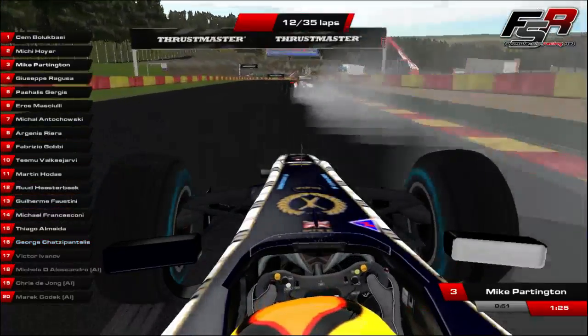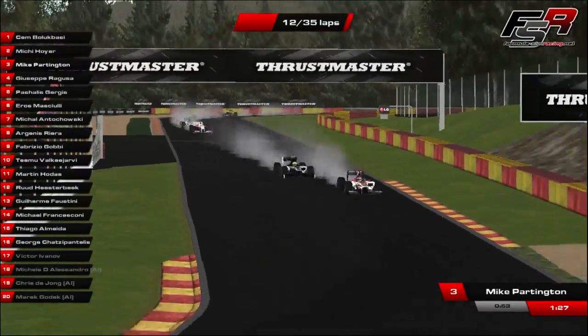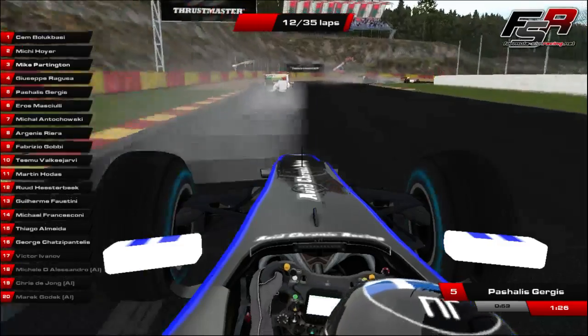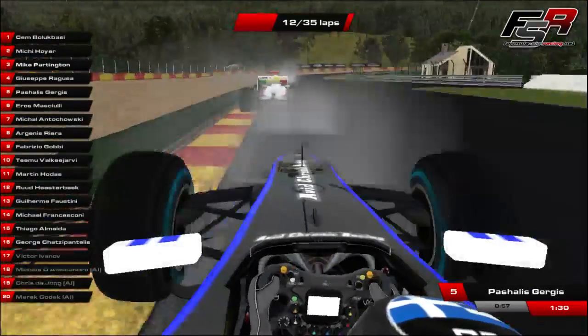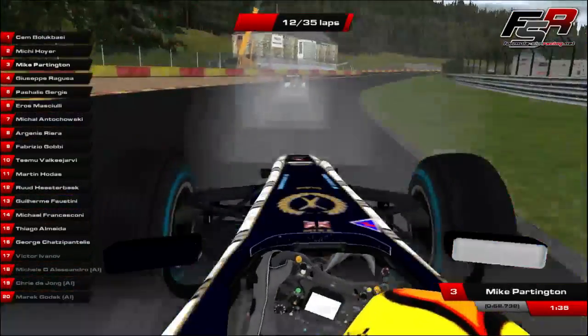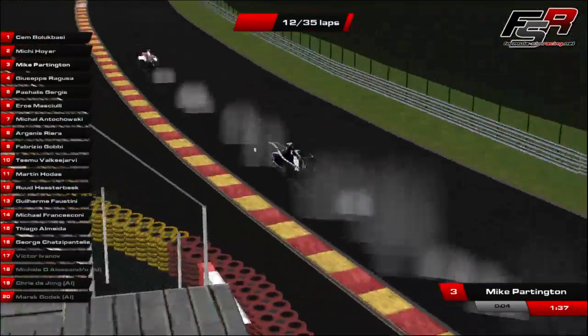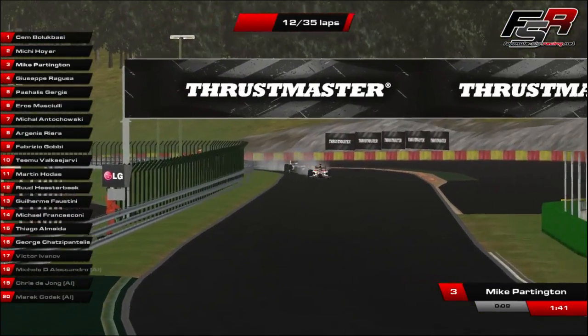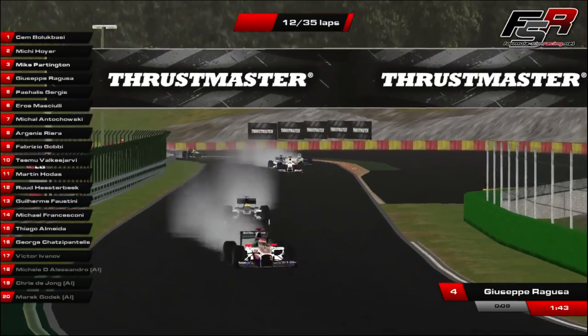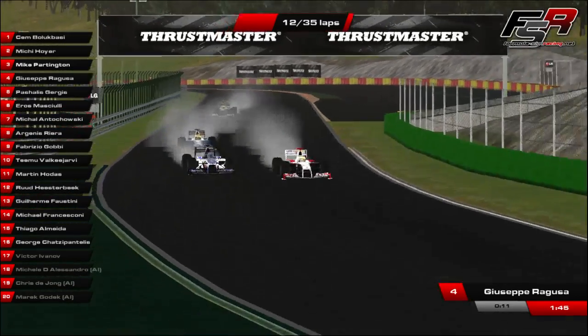Indeed. Now, one thing that is maybe going to come into play is as the track dries up. Partington nearly runs into the back of Hoyer. Seemingly Hoyer is struggling quite a lot on those worn, wet tyres. First time I've had to say that, commentating on FSR, anyway. But yeah, so Bolabassi, 12 point...